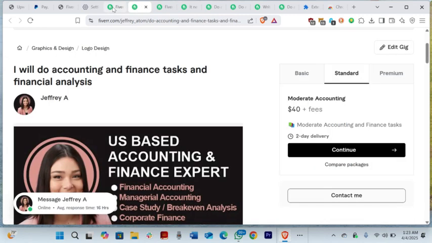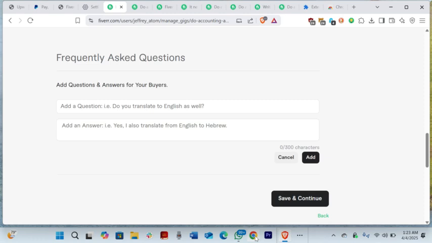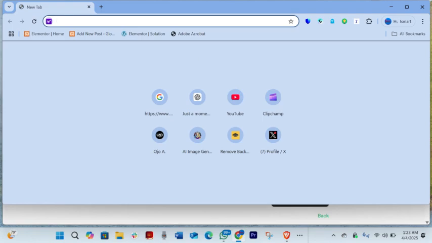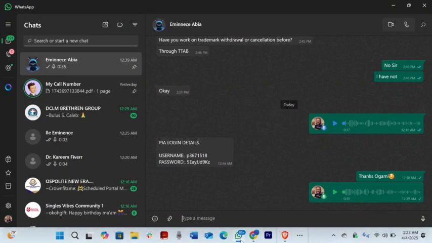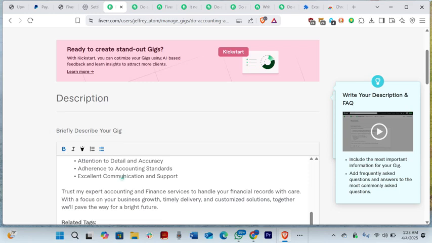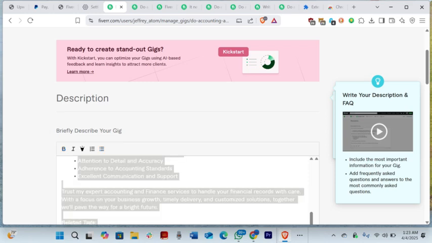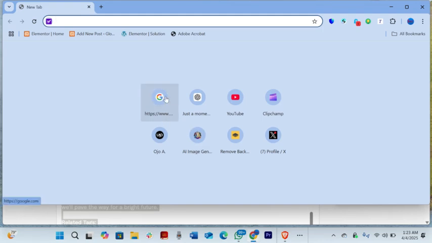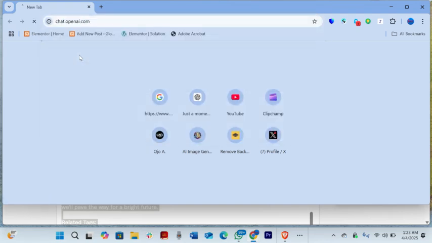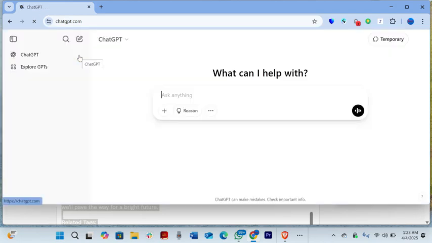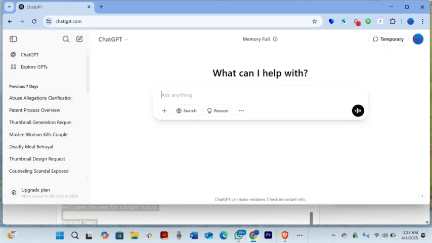If you do not have frequently asked questions, you can go to ChatGPT and copy your gig description, and tell ChatGPT to generate a frequently asked question for you. In the situation where you are not seeing people that are using frequently asked questions on other people's gigs, just tell ChatGPT, please,